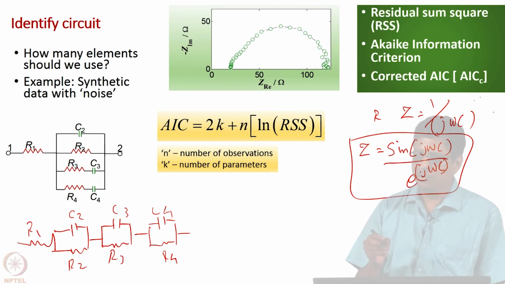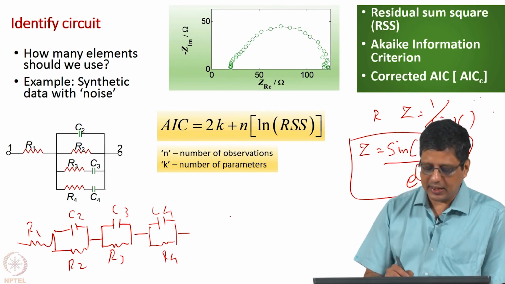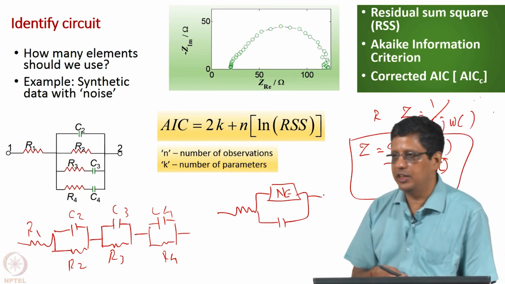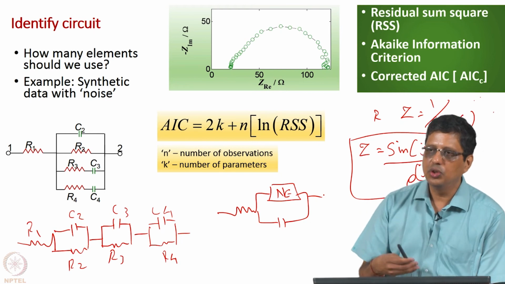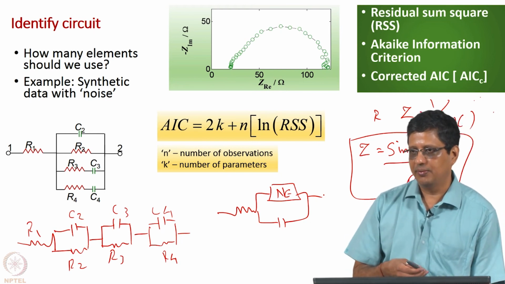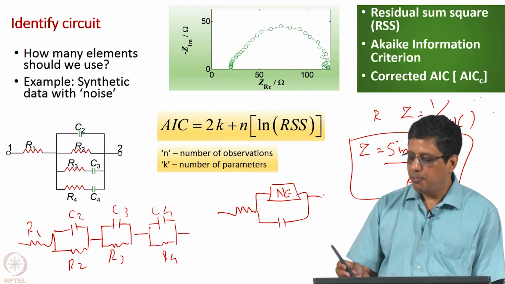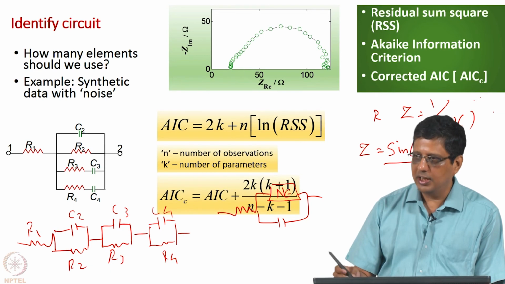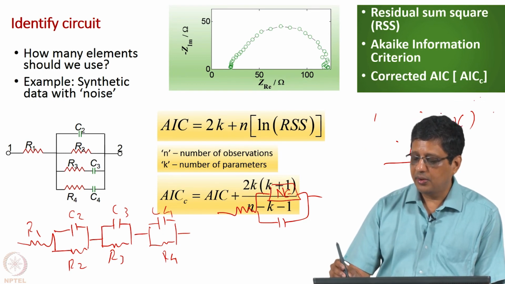Some software at least will give you the flexibility to add this element and then say this is the circuit, this is the new element and this is how I will interpret the data, and then ask it to fit it. If they do not give you that, you have to write your own code to do the optimization. But you better have a good justification for coming up with any new element. Most of these things have been analyzed well. I do not want to say you cannot come up with a new element, but it is not trivial.